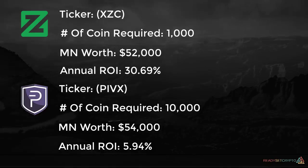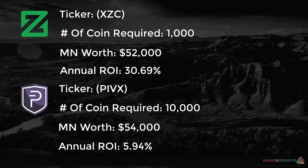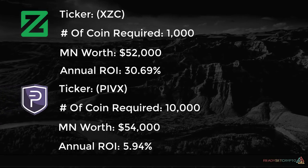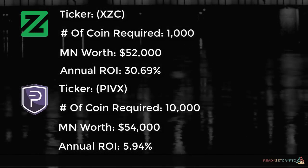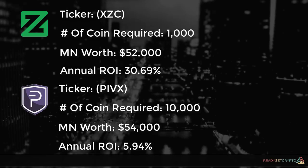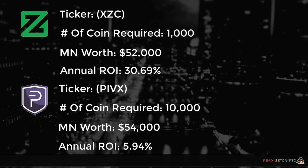Both currently cost around the same to get a masternode, $50,000, but where Pivx has a masternode return rate of about 14%, Zcoin's return rate is around 33%. That being said, in my opinion, Pivx is a better coin currently, and the market agrees with me based on market cap, as Pivx is 300 million to Zcoin's 200 million. However, you could bet on the underdog, and it's got a better return rate, and see if you don't come